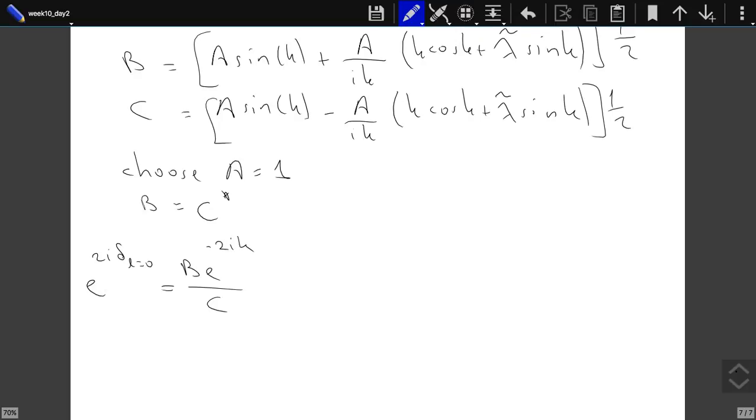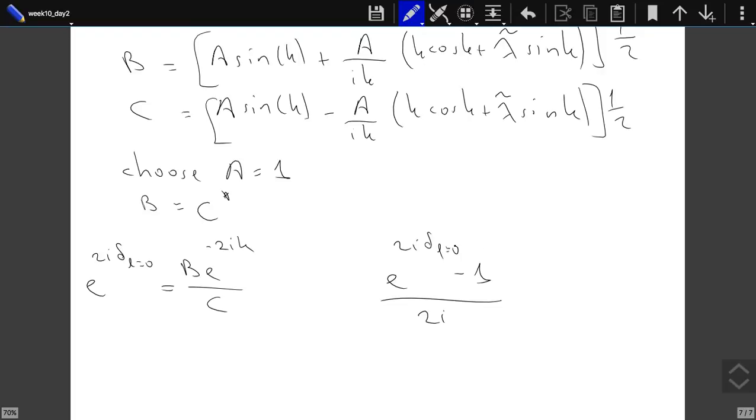Now this time we cannot just analytically continue k to i kappa, because energy has to be positive. There is no negative energy solution. The potential is positive, the kinetic energy is positive, so the total energy has to be positive. But let's see if there are any places in the complex k plane such that (e to the power 2i delta L minus 1) over 2i diverges. You see, delta L for real k,